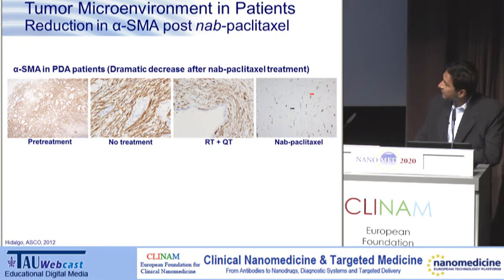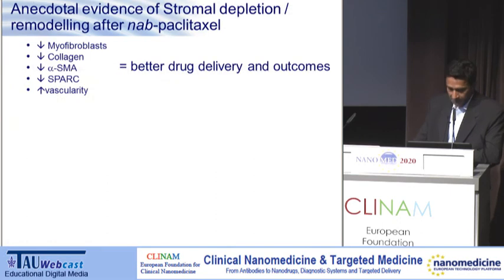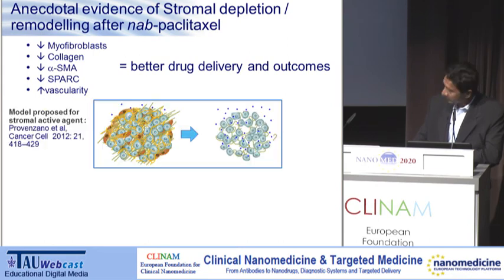If you look at alpha SMA, which is a marker of activated fibroblasts and myofibroblasts, you see pre-treatment heavily stained, no treatment was also heavily stained. This is the conventional radiotherapy and chemotherapy. This stays, and then after nab-paclitaxel treatment, you've sort of destroyed that component as well. So in general, these are the outcomes you see upon treatment, and this leads to better drug delivery and outcomes